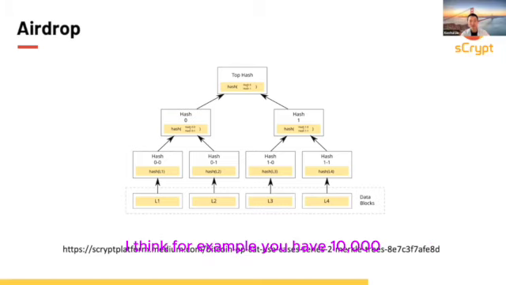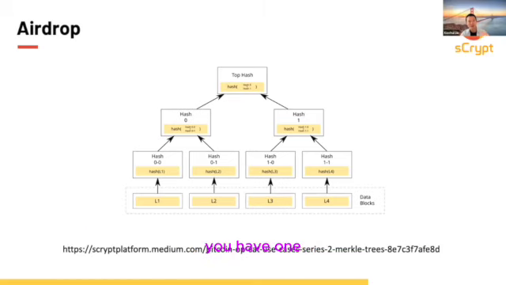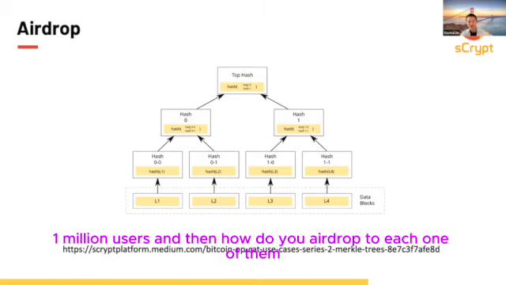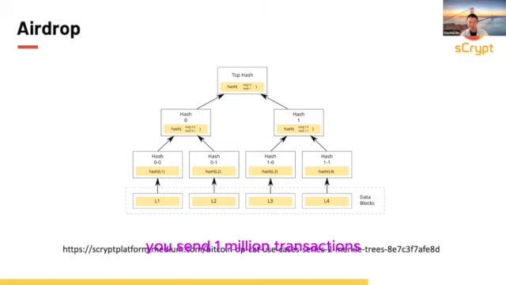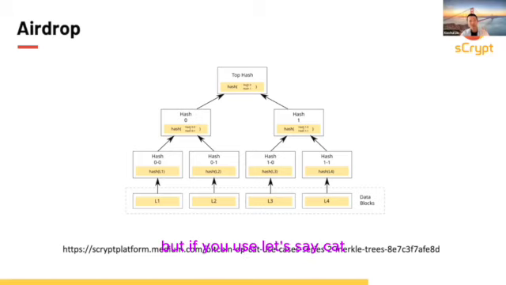For example, you have 10,000 community members and you want to airdrop to all of them. You have to send 10,000 transactions. Or sometimes you have a huge community, 1 million users, and then how do you airdrop to each one of them? You send 1 million transactions. Can you imagine the cost? Even on Fractal, it's super expensive, right? But if you use, let's say, CAT, because now you have OP_CAT, you can use the so-called Merkle tree